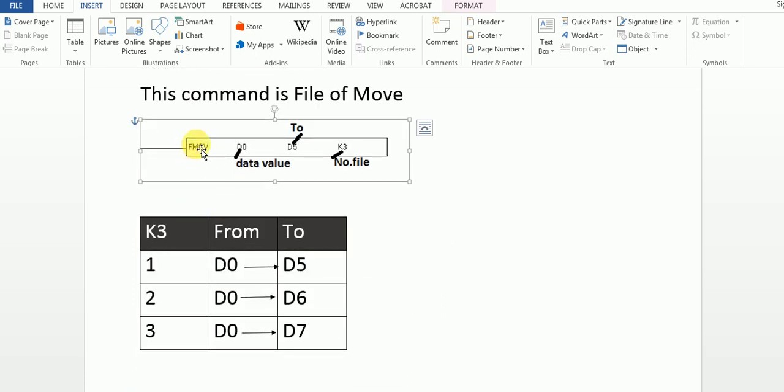F means file. Same D0, D5 and K3, but in this case the from is D0 only. This D0 value shifts to D5, D6 and D7, so the block D5, D6, D7 gets only one value from one data register.